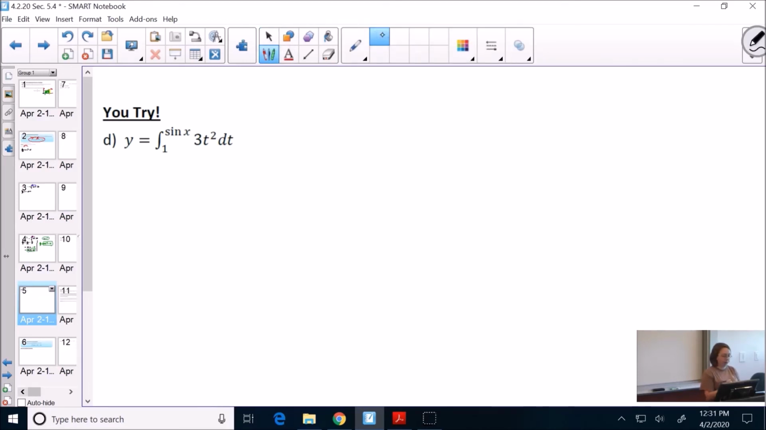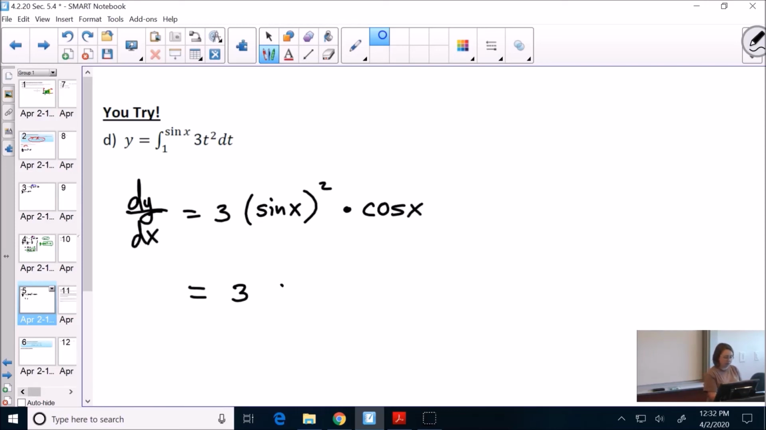Alright, here we go. So, short way. Derivative of y with respect to x. Well, the inside is just 3t squared. Instead of t, we plug in our function. So we need sine of x plugged into the t, don't forget the square. But you're not done. You still need the derivative of what you plugged in. So the derivative of sine is cosine. If you want to write it a little bit shorter, you do 3 sine